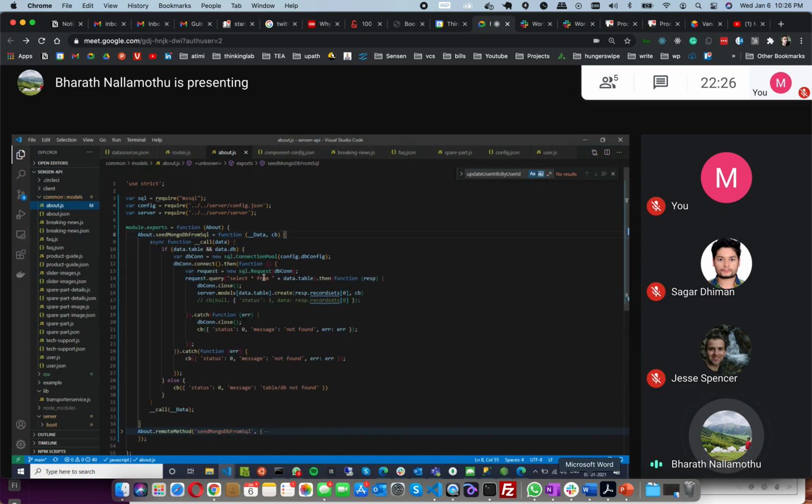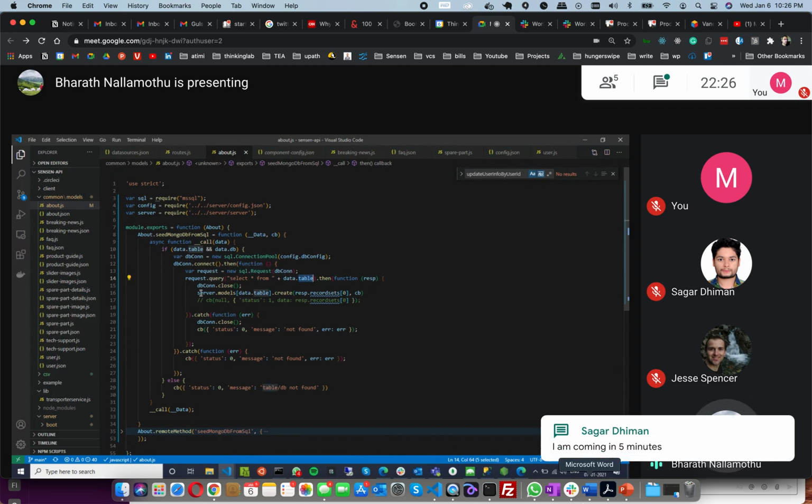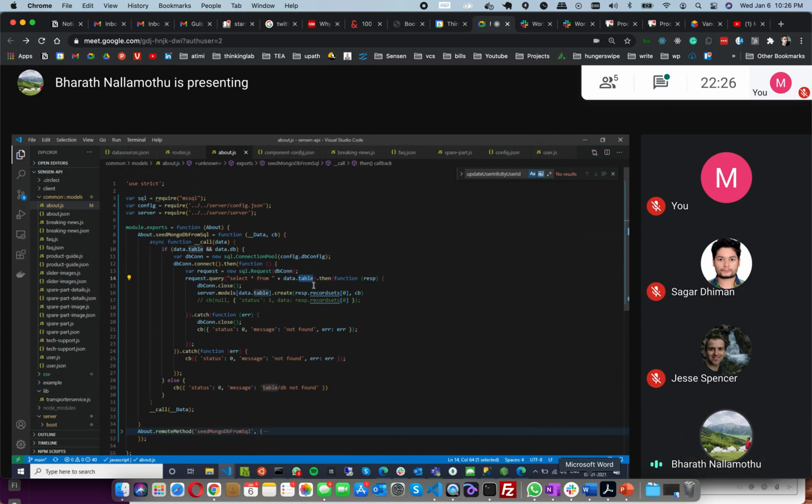So what I'm doing here is I'm using an MS SQL library to connect to the MS SQL. Using that information, I'm creating a pool, and based on the table name provided, I'm selecting data from the table and creating that particular table inside the MongoDB server, and it will create the data in that. So if you want, I can show you some